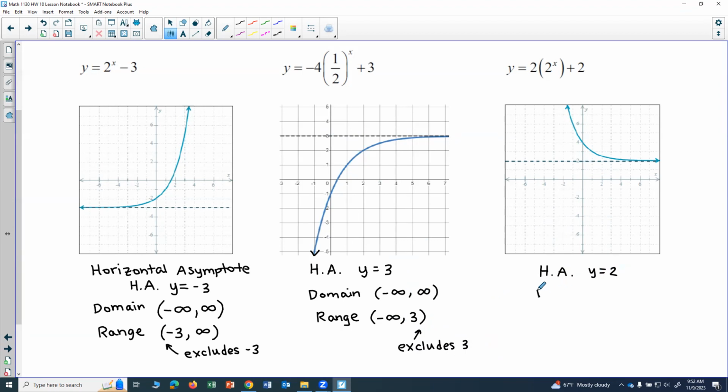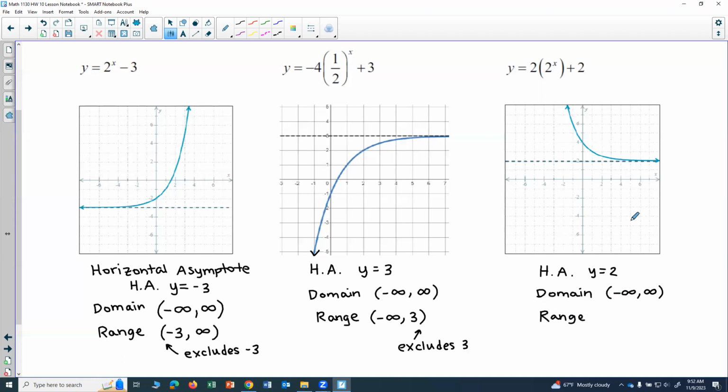Our domain is all real numbers. We can plug in any x value in that function and get a valid output. So domain is -infinity to +infinity. And the range,